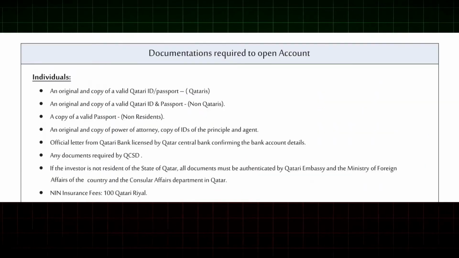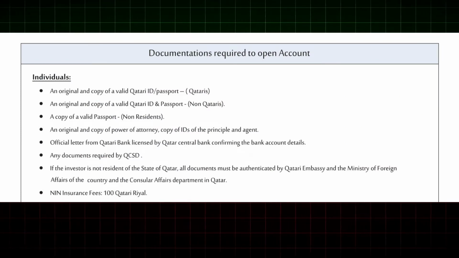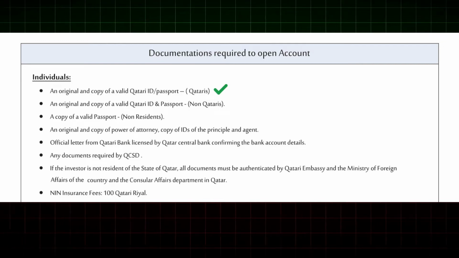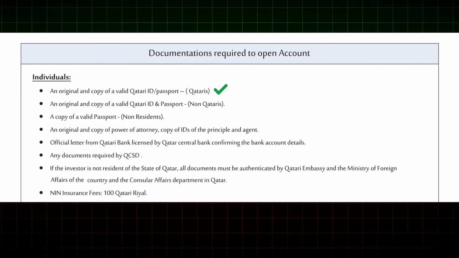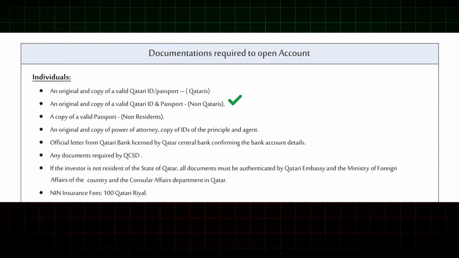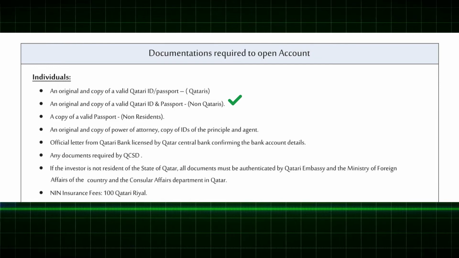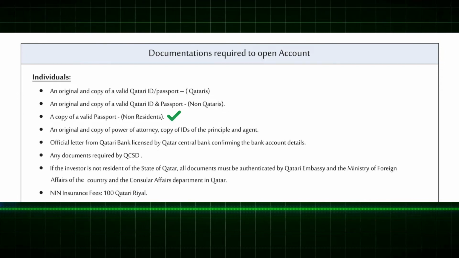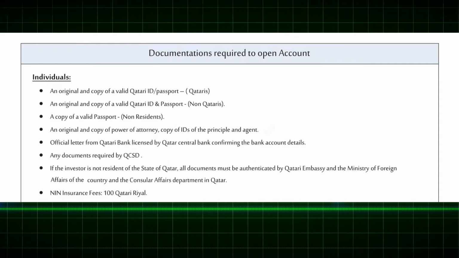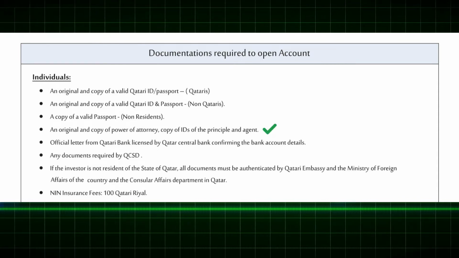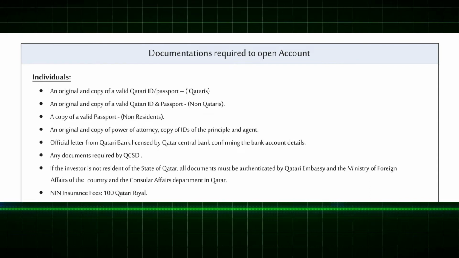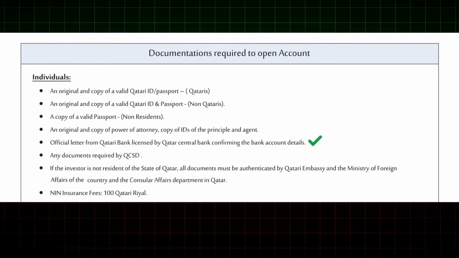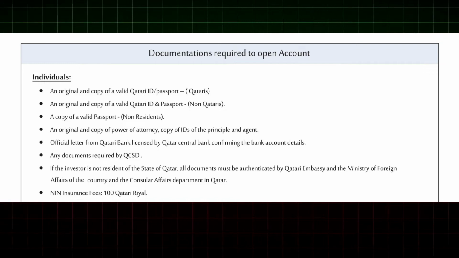So if we talk about the individuals form, you are required to submit the following. If you are a Qatari, you have to provide an original and copy of a valid Qatari ID and passport. If you are a non-Qatari, you have to provide an original and a copy of a valid Qatari ID and passport. If you are non-resident, then you have to provide a copy of a valid passport. You also have to give an original and a copy of a power of attorney, and copies of IDs of the principal and agent. Next is an official letter from the Qatari bank, which is licensed by Qatar Central Bank, and